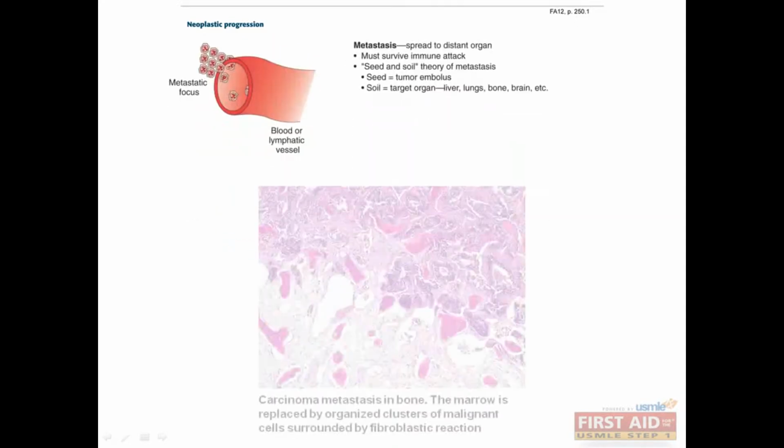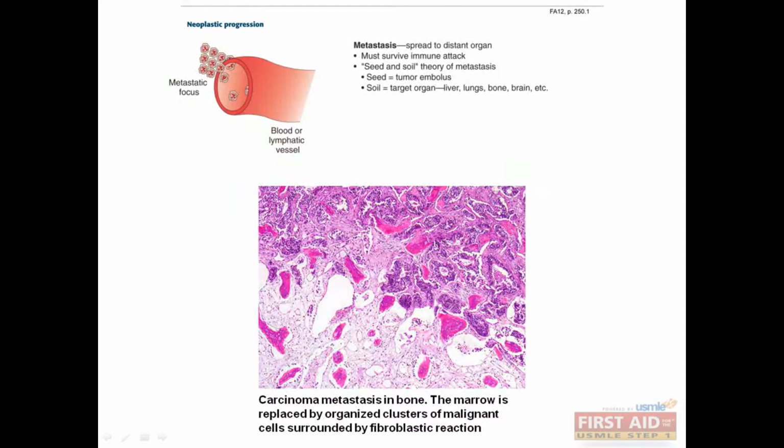Finally, the cells can acquire a mutation that allows them to survive in a distant location, which is manifested clinically as metastasis. One thing you should remember about metastasis is that carcinoma is typically spread through lymphatic vessels, while sarcoma is typically spread through blood vessels. The information on this page is really important. Let me say that again. The information on this page is really important. In fact, it's so important that before we move on, let's use a mini case to drill things home.